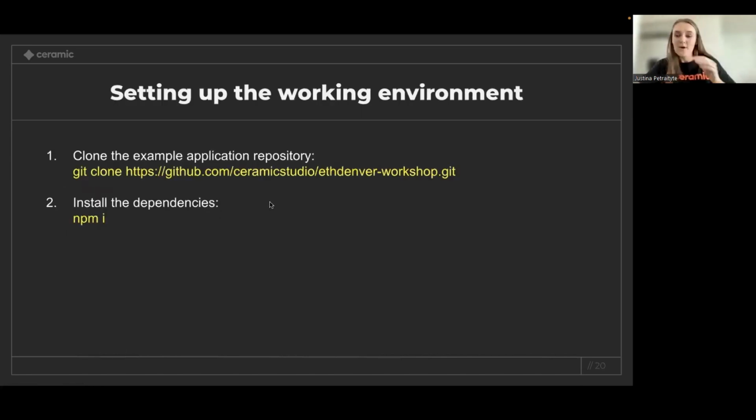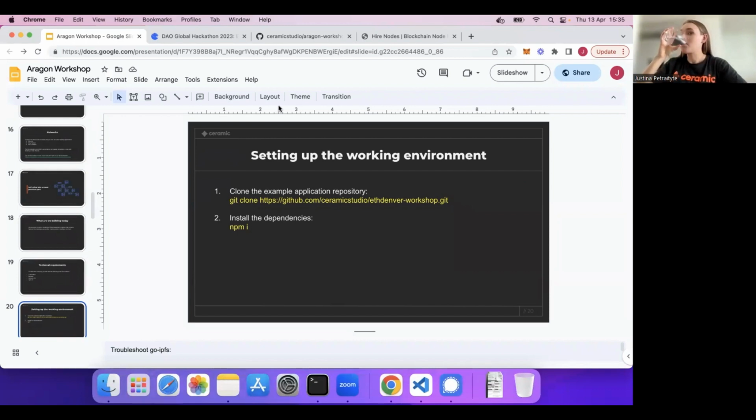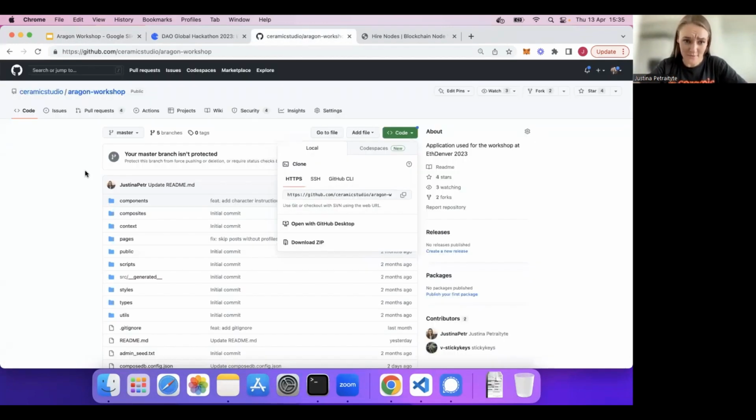All right, so this is where I will start switching between my slides and a little bit of coding. The first thing that I wanted to show you is where this example is. I just noticed that I didn't update my link here, which I will do.